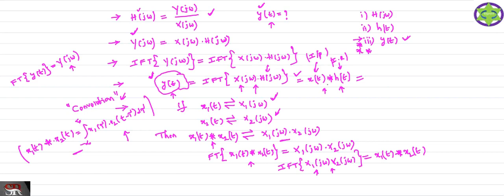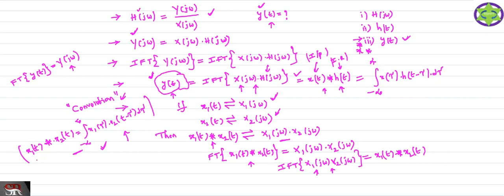How can you do this? Using this integration, instead of x1 of t and x2 of t, here the signals are x of t and h of t. How can you write the integral here? Integral from minus infinity to plus infinity. You just replace your x of t by x of tau, and the second signal h of t by h of t minus tau, with respect to d tau. You need to do the integration. So you just observe this convolution.